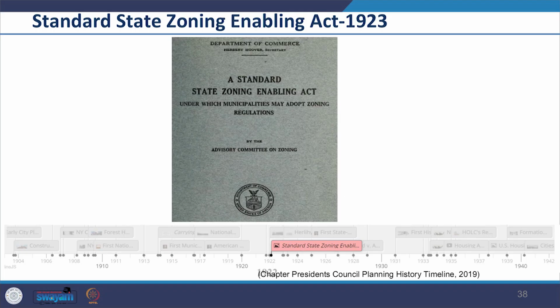This draft contained important language defining a zoning commission and calling for a plan for zoning regulations. This was followed in 1927 by a Standard City Planning Enabling Act to help states understand the organization and power of city and regional planning commissions, the making of the city and regional plans, and controlling the layout of new subdivisions. These acts still provide the institutional structure for planning and zoning in many states.